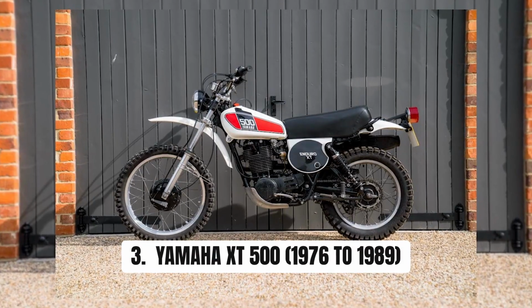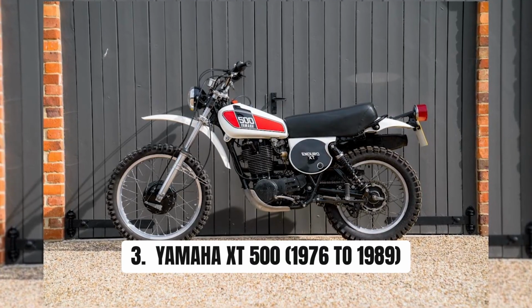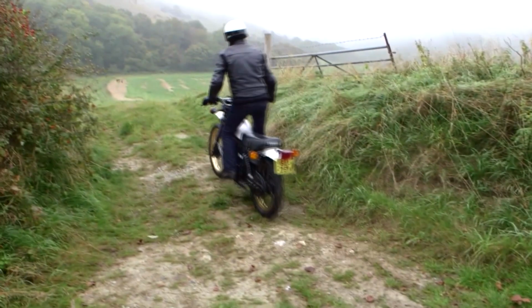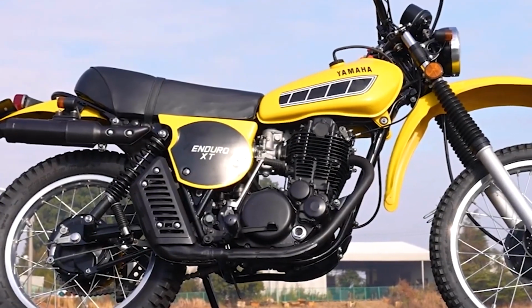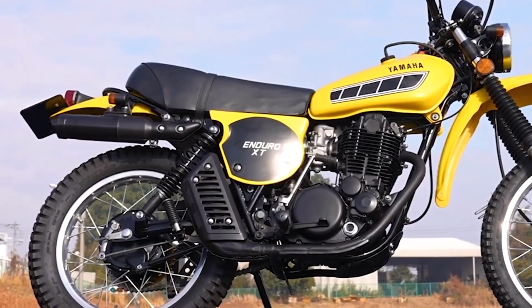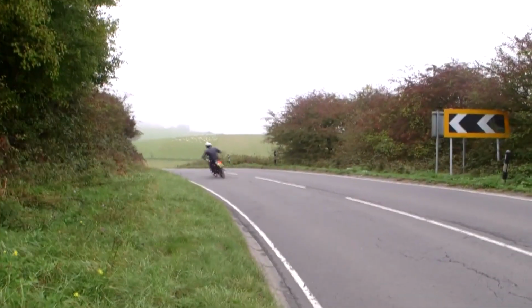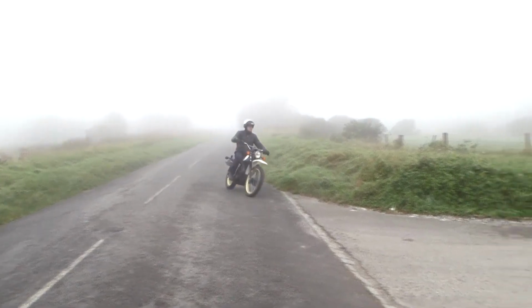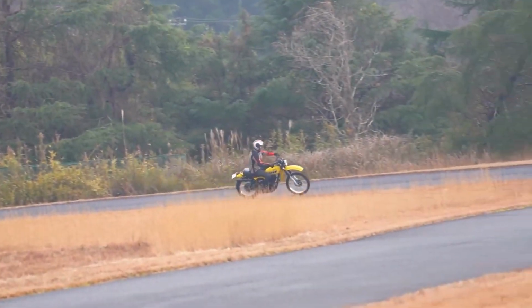Bike number 3, Yamaha XT500, 1976 to 1989. The Desert King that conquered everything. When Yamaha released the XT500 in 1976, it wasn't just another enduro bike. It was the start of a legend. This rugged single-cylinder machine dominated the early Paris-Dakar rallies and built a reputation as one of the toughest dual-sport motorcycles